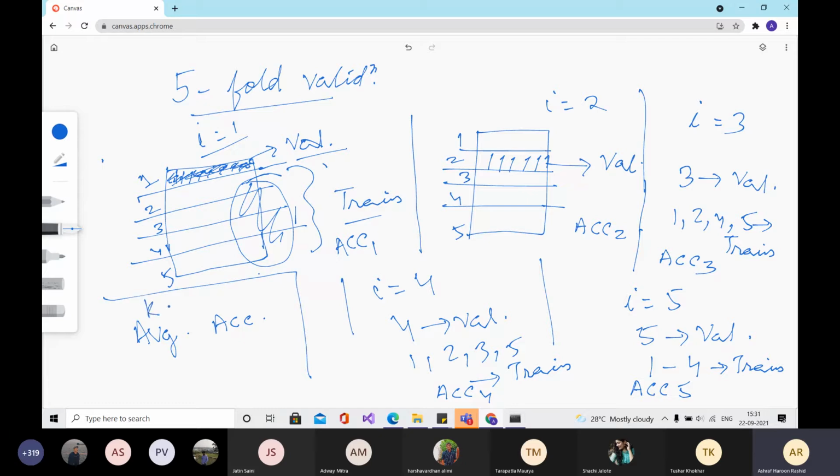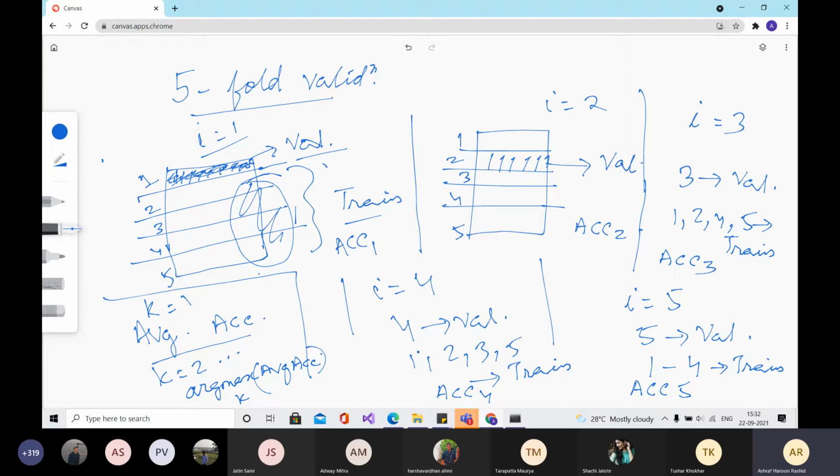Let's say for k equal to 1, you calculate the average accuracy. For k equal to 2, you do that. And whatever value of k gives the maximum average accuracy, you choose that. This is just fivefold validation.